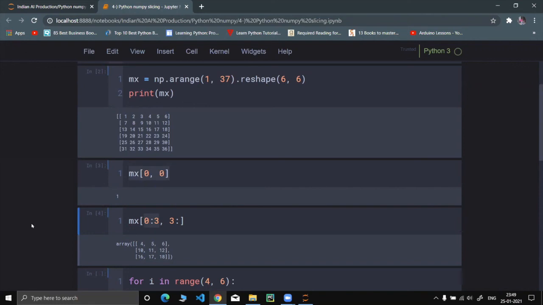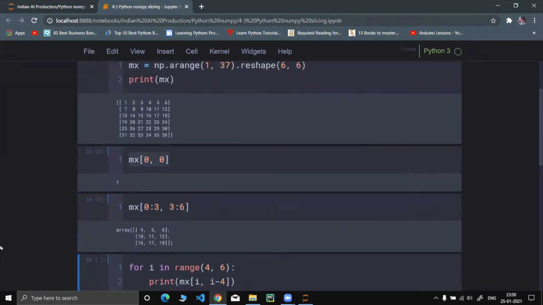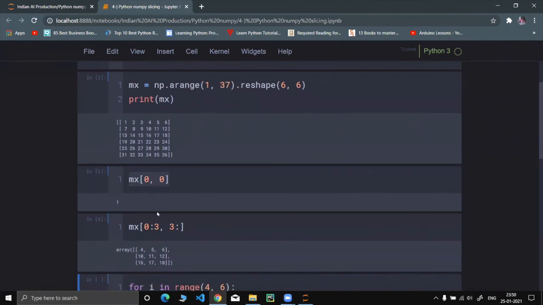So this is 0 to third row, meaning the first 3 rows I want to print, and columns from 3 onwards till the last. Since I have not specified anything after the colon, I can even put 6 over here, and it will print the same thing, no difference. See, 4, 5, 6, 10, 11, 12. And if I remove it, it's printing the same thing. So nothing means till the last element.